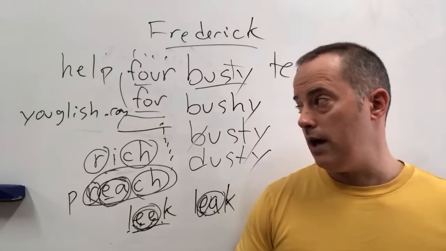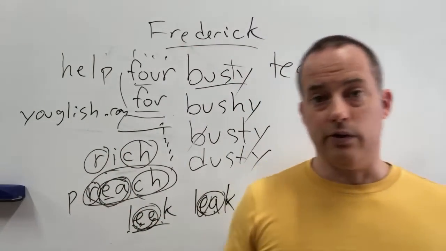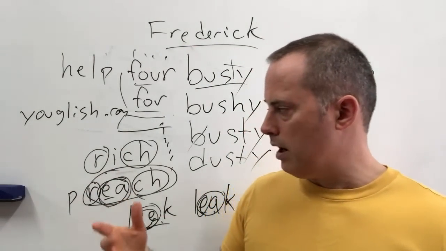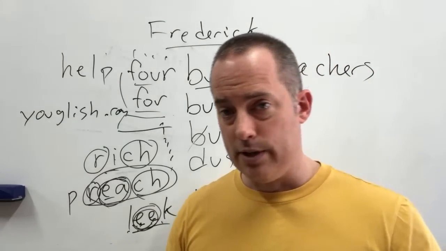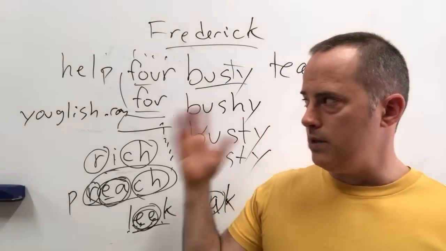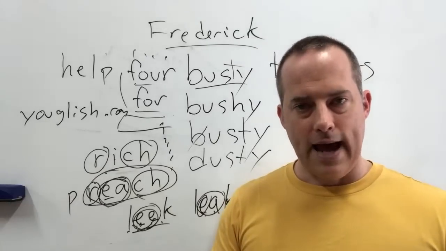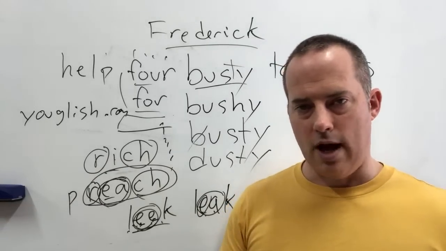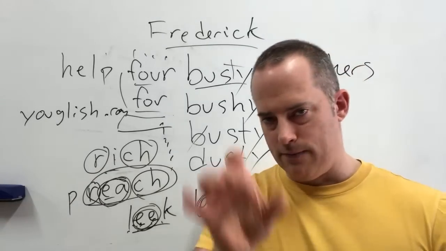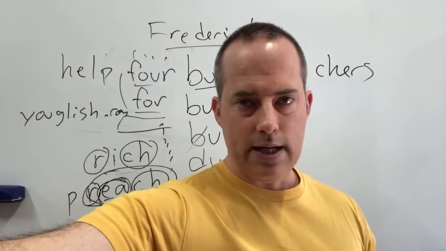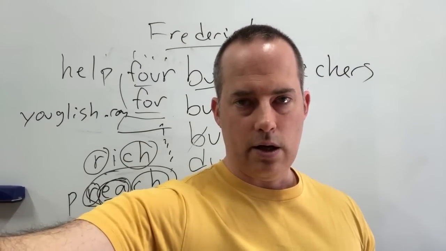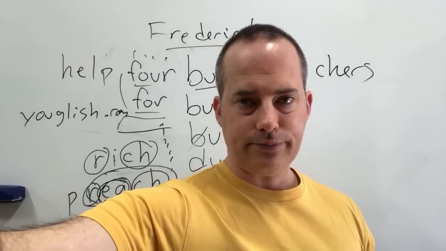Youglish is a good way to do that. Fluent for Life, obviously, is a good way to do that as well. And you can find more about the programs in the description below this video. But in general, it's just about removing doubt. Any doubt you have will stop you from speaking. So remove the doubt for those individual words and phrases. That will take you from being an intermediate learner to a confident, fluent one.